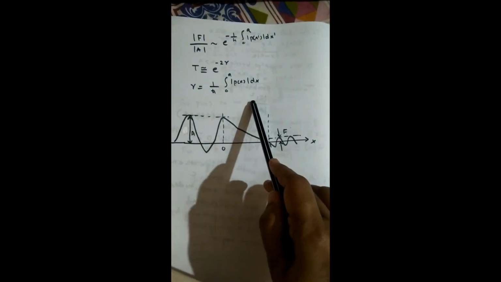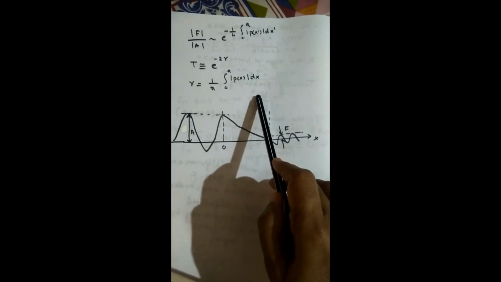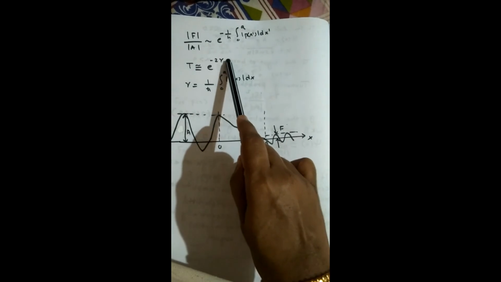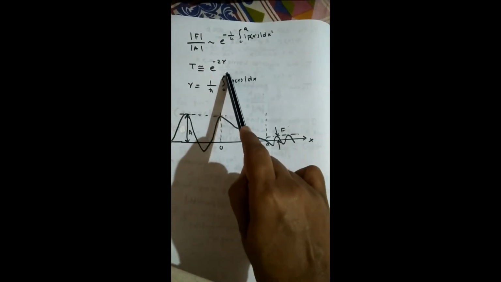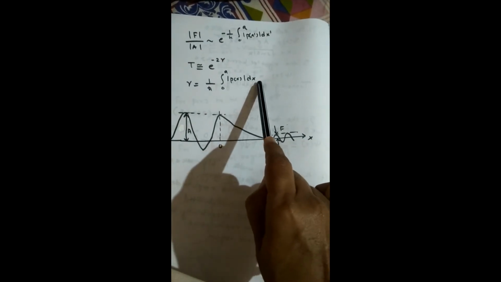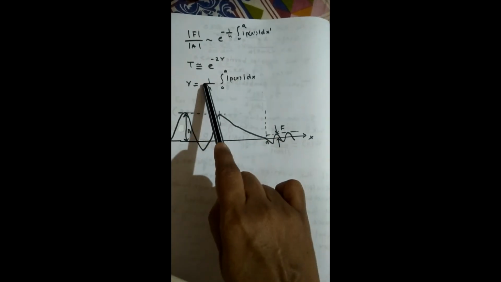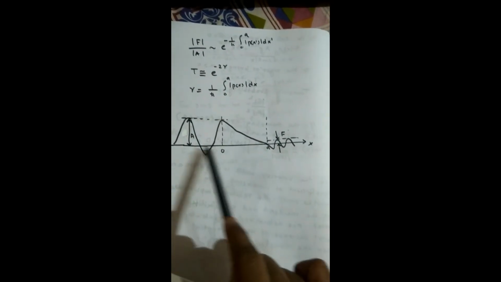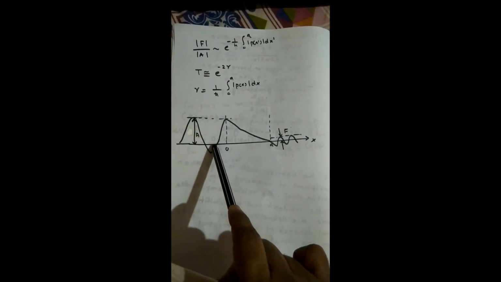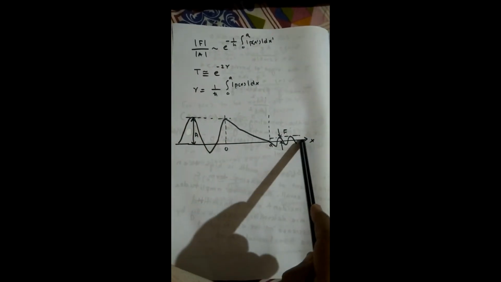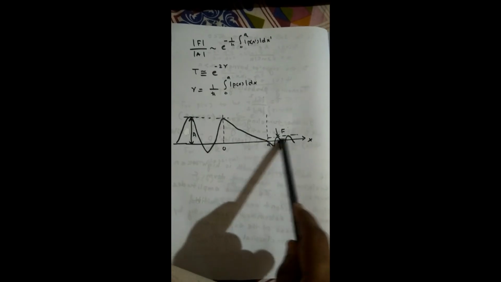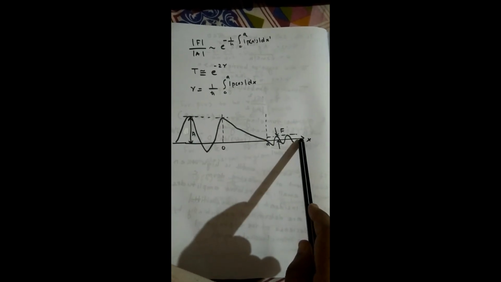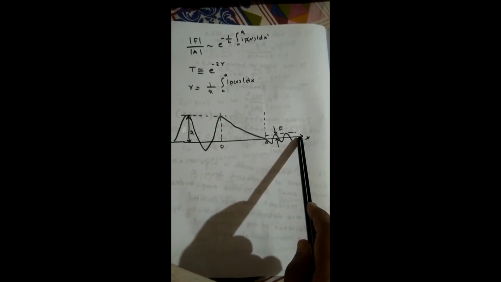The only difference is, as we have said, WKB is a semiclassical approximation. There this term was a definite term. Here it is an integral term, so it's a slowly varying term. The rest of the things are the same. The only thing is this gamma is coming out as an integral, which accounts for a slowly varying potential. And once you draw the graph, what will be the nature of the tunneling, the qualitative structure of the wave function for scattering from a high broad barrier?